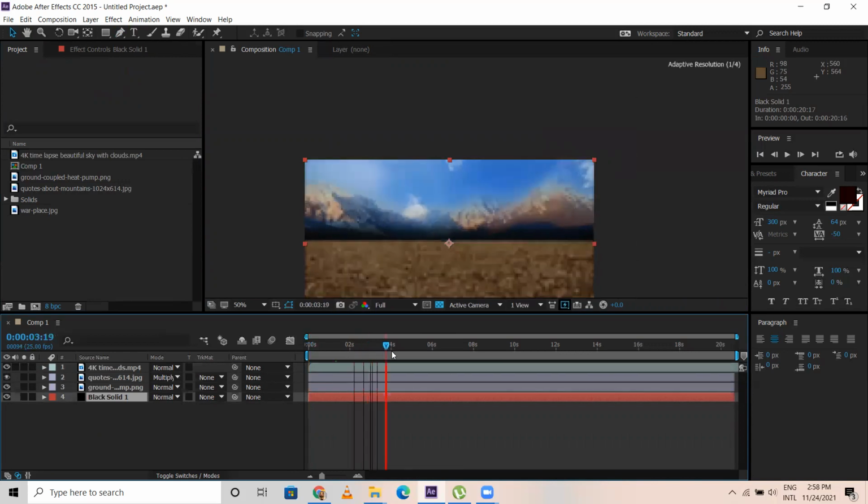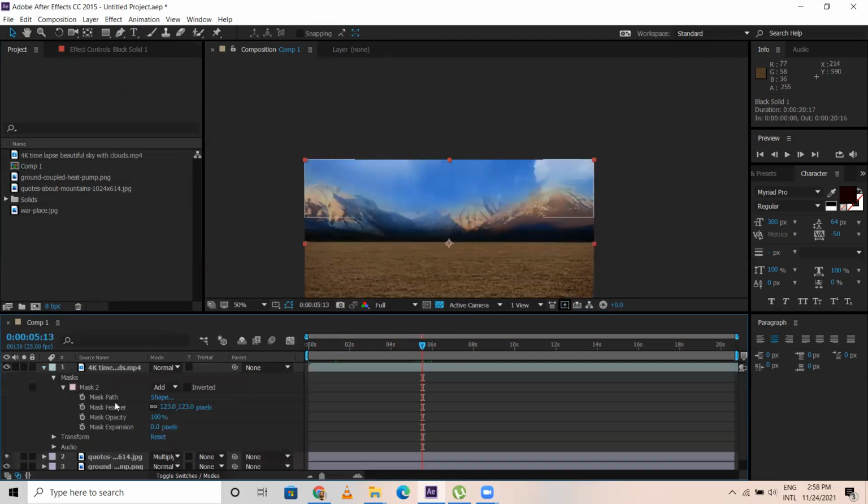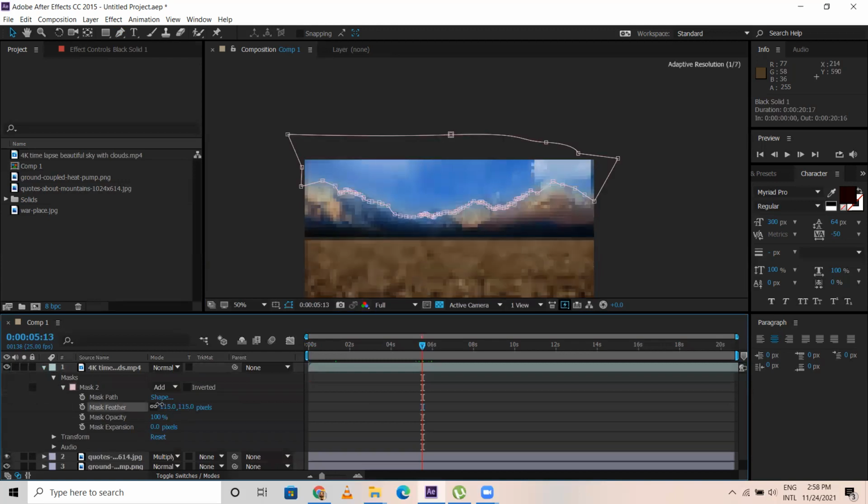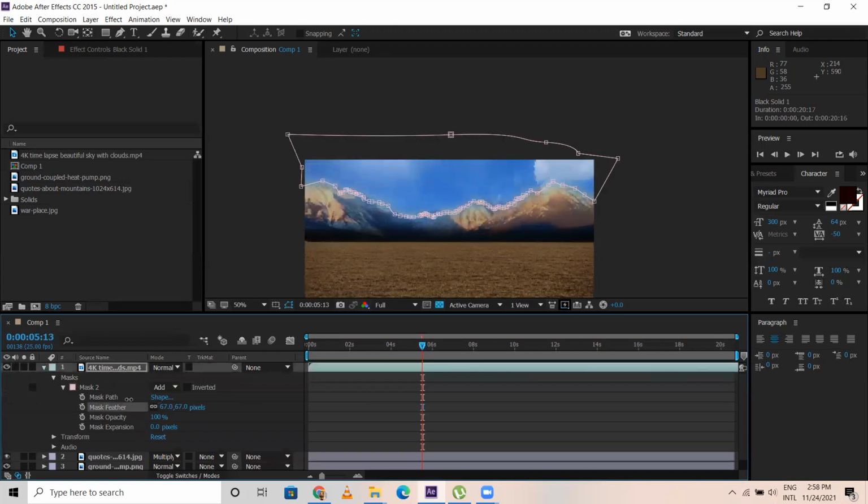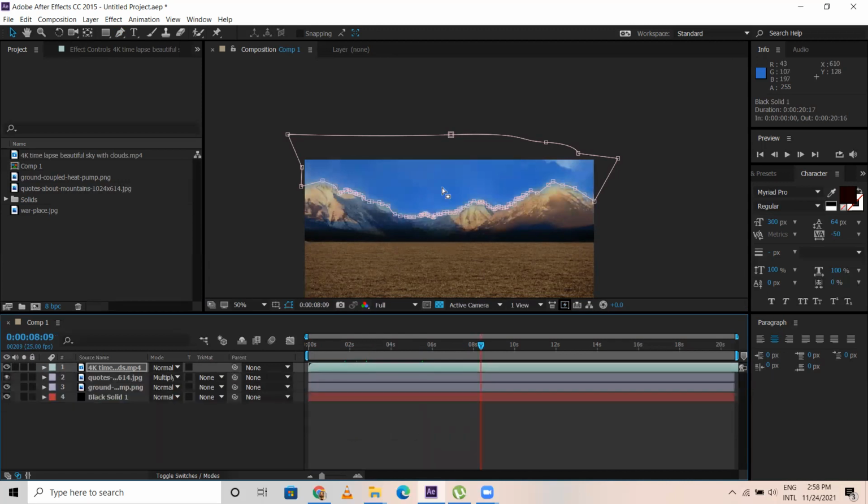If you see, these clouds are moving. Okay, I think the feather part, let me reduce the feather. I think it's okay. Then color correction for this. This is not matching.